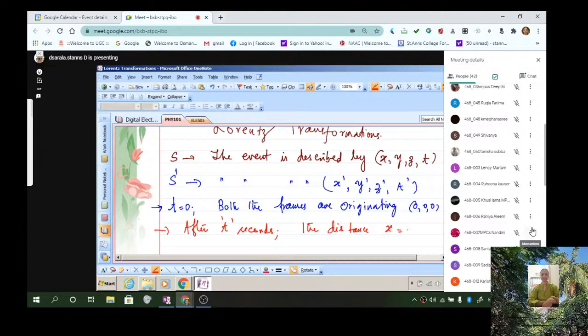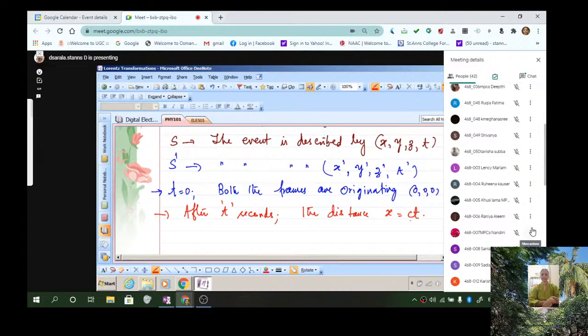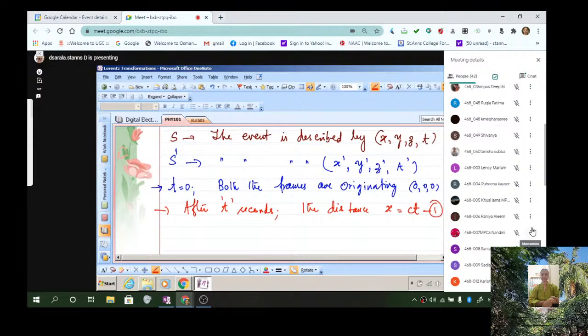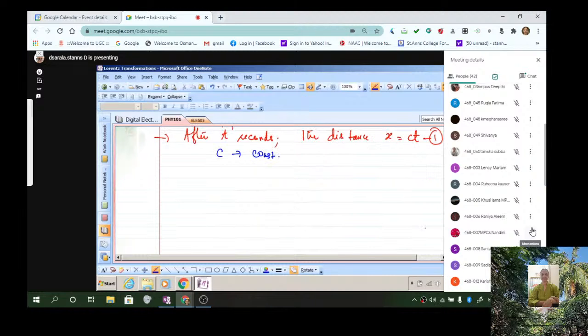can I write x is equal to ct, because light is moving with a velocity c. So distance is given by velocity times time. So distance moved is x is equal to ct. Let's call this equation number 1. Now during this time, velocity of light being same, the event is moving by a distance x is equal to ct. You know that c is constant in all frames of reference, isn't it? So when c is constant, after t seconds,